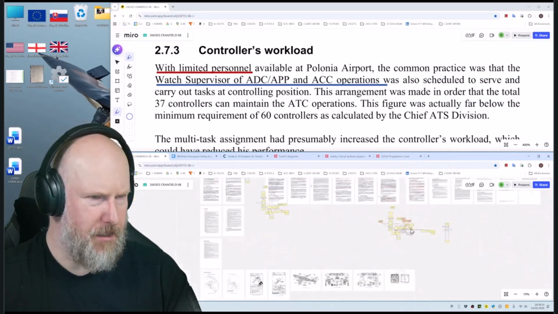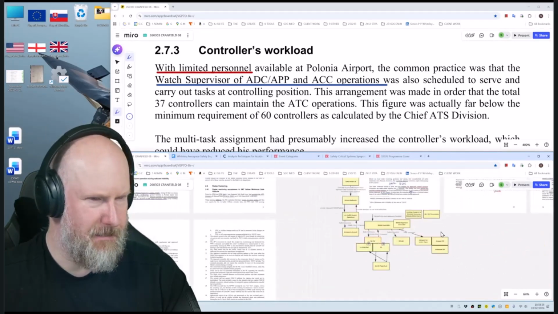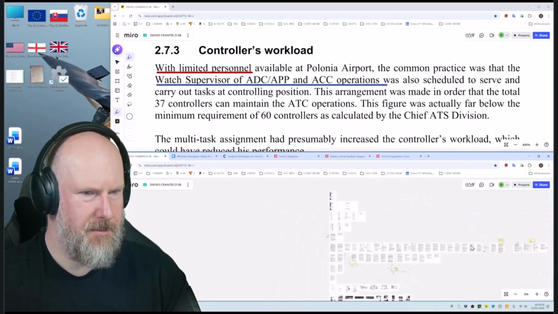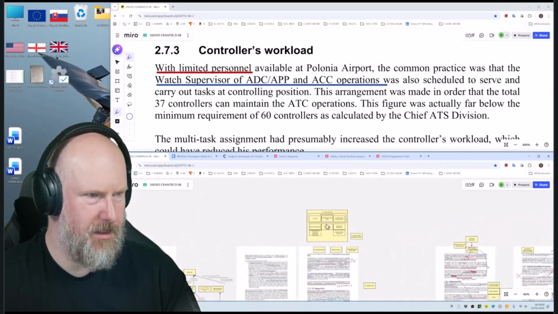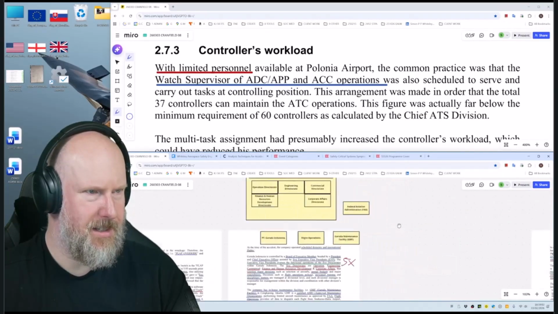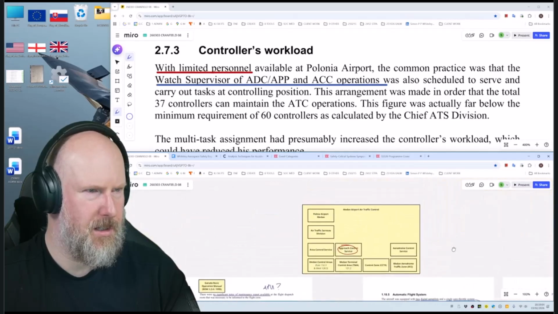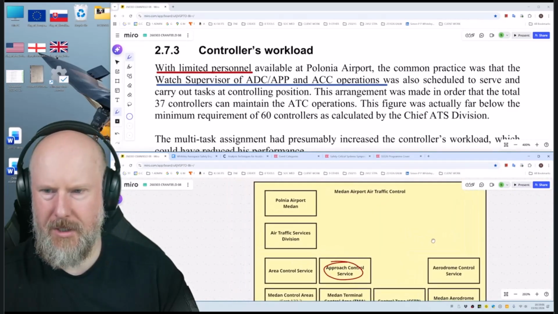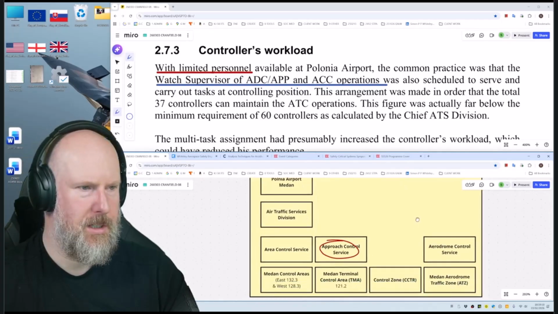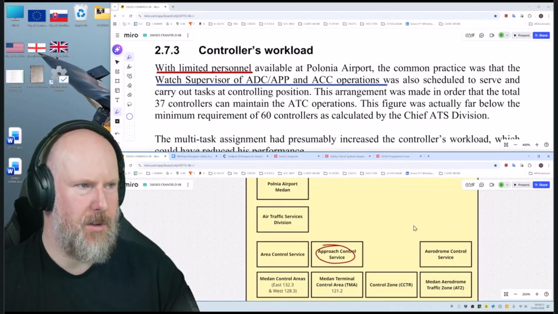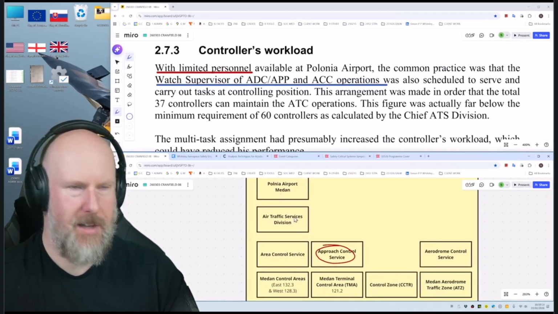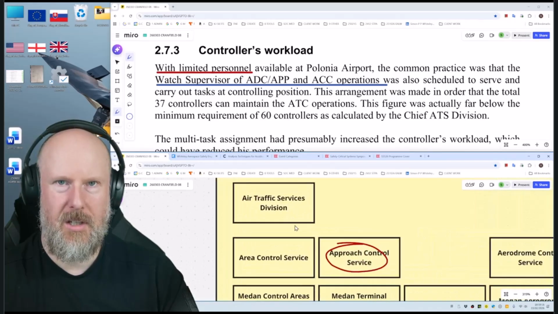Now, if I remember rightly, we had a chat about this last time on a different control structure. Let's just have a look. Oh, so that's the airline, it's not that one. There we go, yeah, Medan Air Traffic Control, Medan Airport Air Traffic Control. So very broadly, we've got the Polonia Airport, Medan, we've got the Air Traffic Services Division, we've got the Air